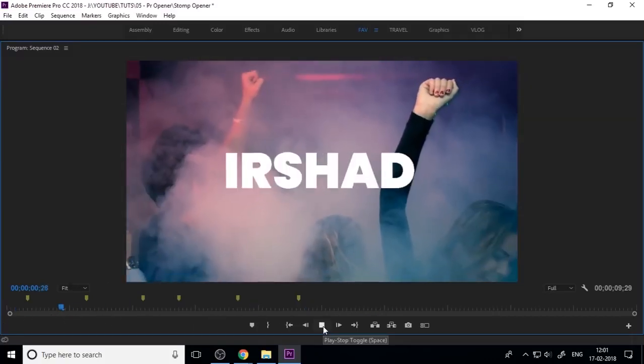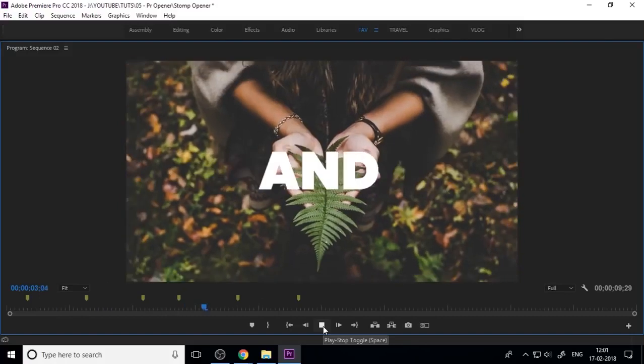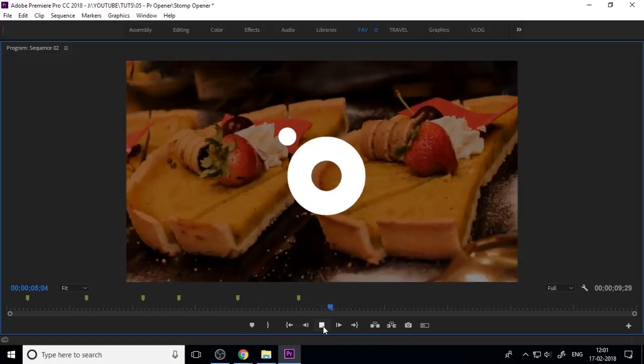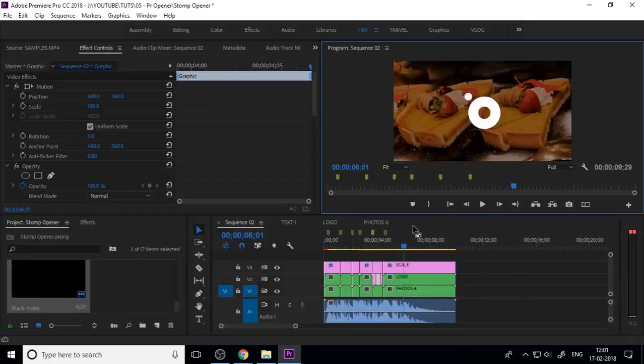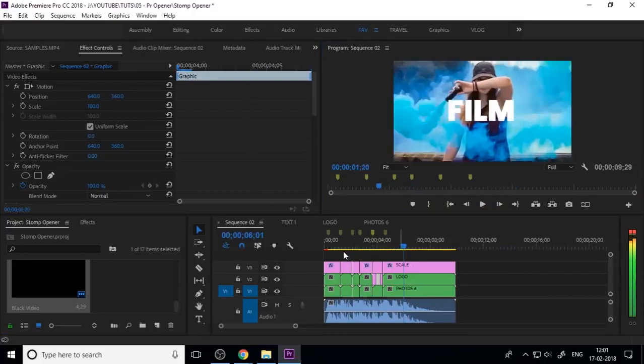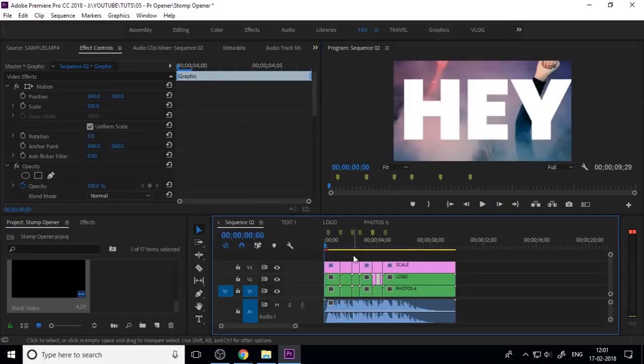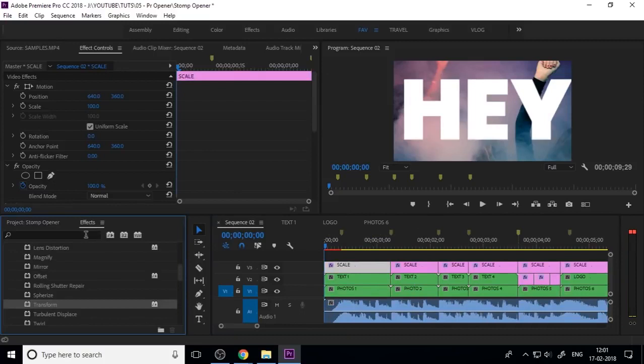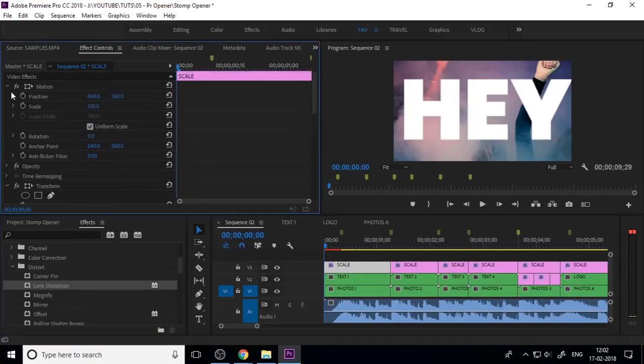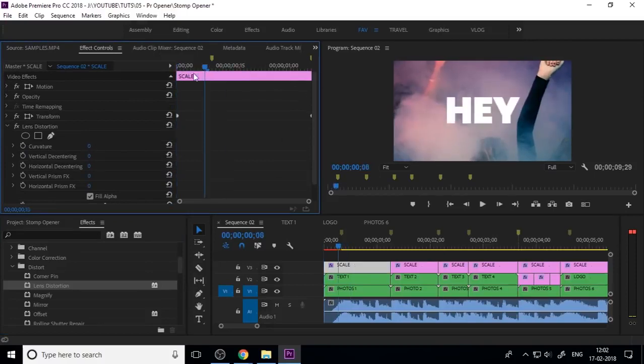Okay, if you press the play button, if you hit the space bar, you can watch the preview of your promo. Now you can control more effects. You can add more effects into this adjustment layer, like lens distortion or anything. I will show an example here, and I just drag and drop the lens distortion into our adjustment